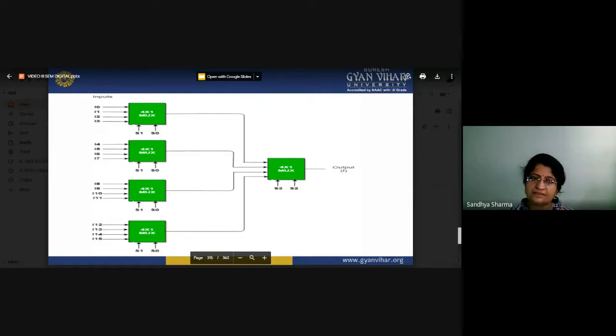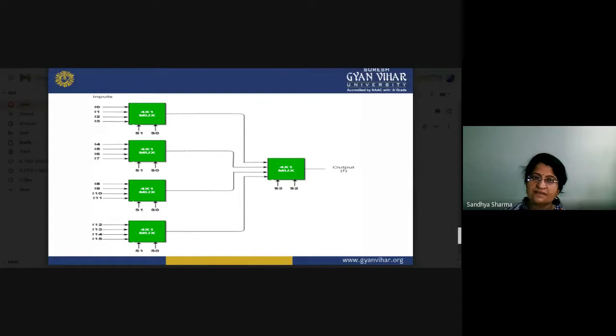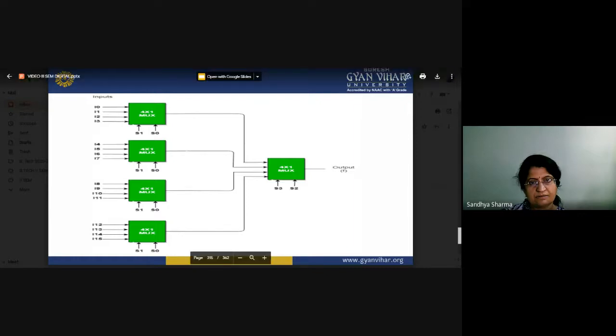If you have 16 inputs, that is 2 to the power 4, so you have 4 selector lines. One by one you have to consider S0, S1, and at last you have to select S2 and S3. So these are the 4 selector lines S0, S1, S2 and S3. So 4 selector lines, 16 input signals and 1 output signal.